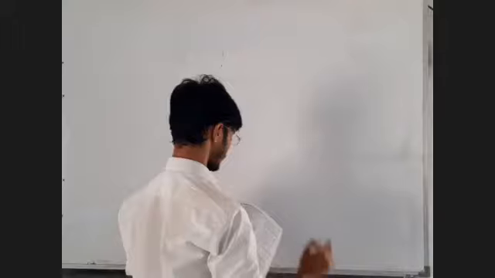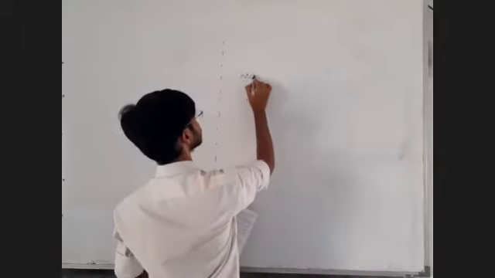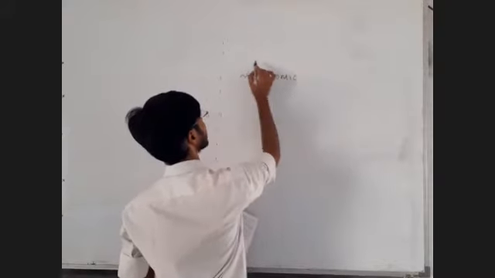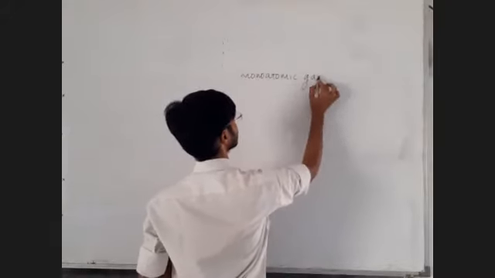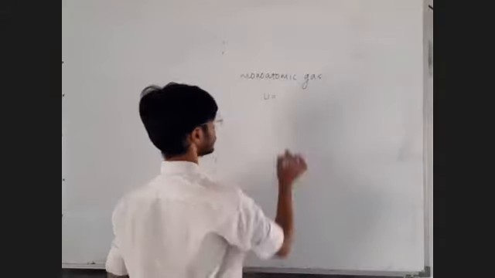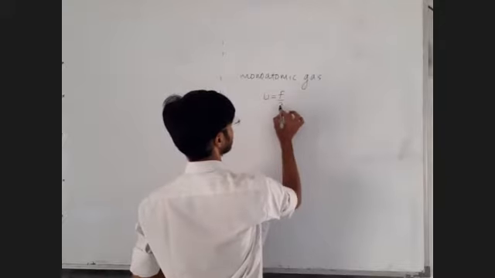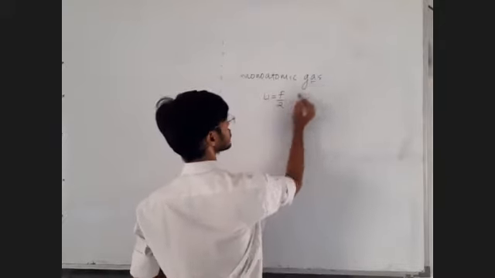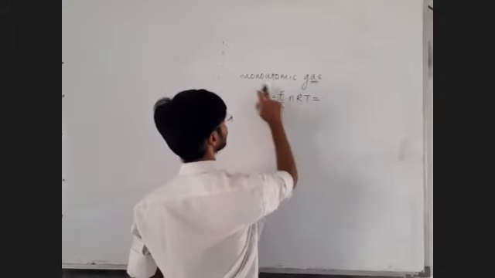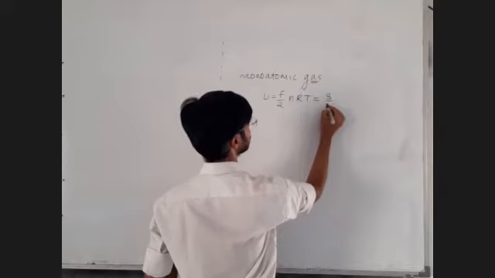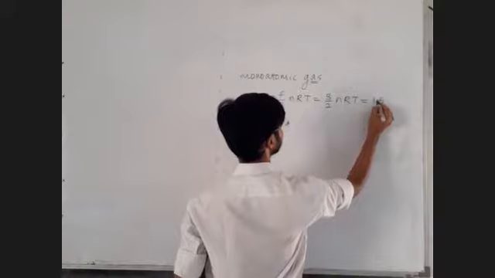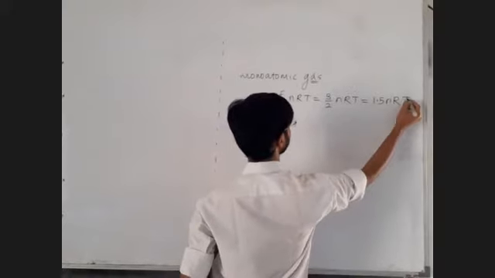Internal energy of a monoatomic ideal gas is given to us as 1.5 nRT. Yes, we know it. Basically, the internal energy of a gas, not 1 mole but n moles, is F by 2 nRT. For monoatomic gas, F is equal to 3, so 3 by 2 nRT. 3 by 2 means 1.5. The same data they have written. Fine.